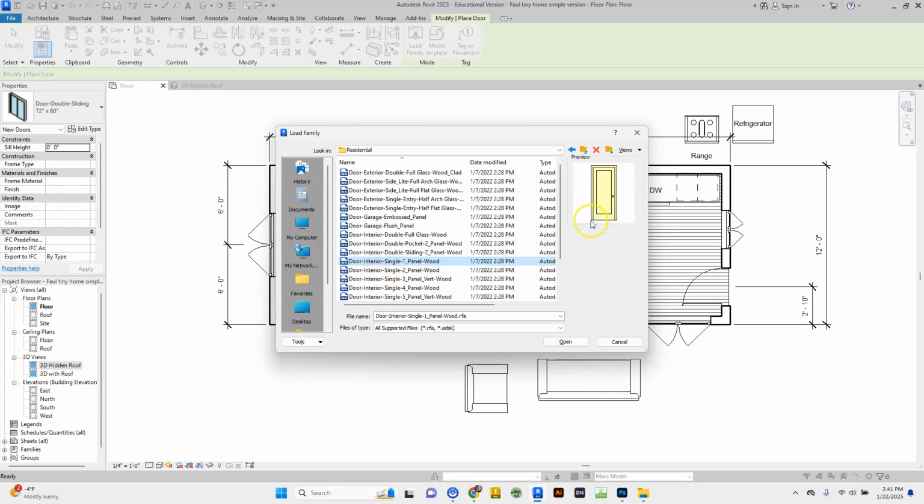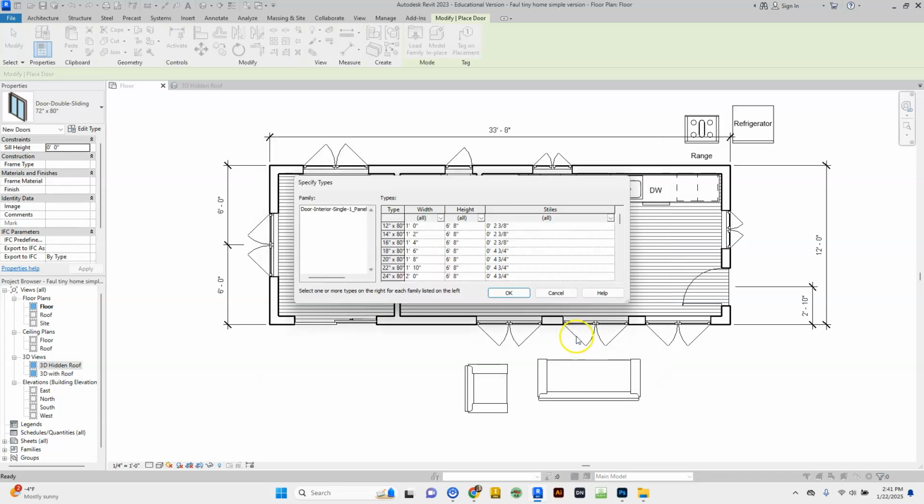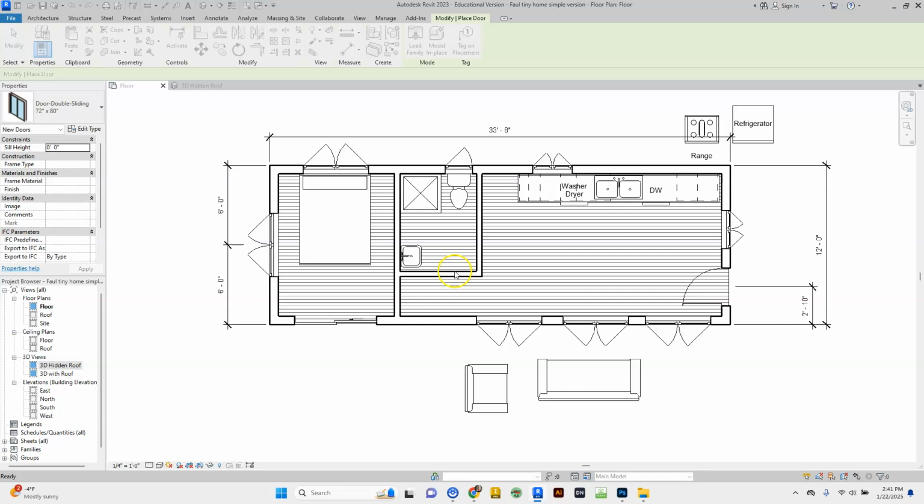So I'm going to choose this one. It has a little bit of a raised panel around the outside. So I'm going to click open. Again, it's saying, hey, how big of a door do you need? Well, this is really important. All of them are 6'8" that I'm going to choose from. I'm going to eventually try to load in another one, but I'm going to start with a 2'4" door for going into the bathroom, and then I'm going to load a 2'6" door for going into the bedroom. So I'm going to click on that one,